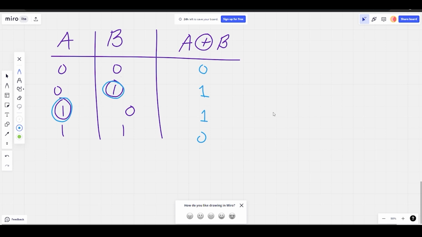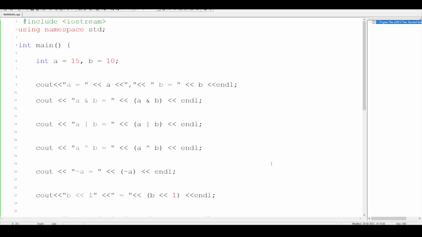Now we have left shift and right shift. That I will explain to you in the program itself, and even the NOT. So let's move ahead to the program. As you can see, we have made a program where I have taken the numbers 15 and 10, which I have even told you in the example. Here, first we're printing 15 and 10. Then we did AND. I have shown you we should get 10 here. For OR, we should get 15 here.